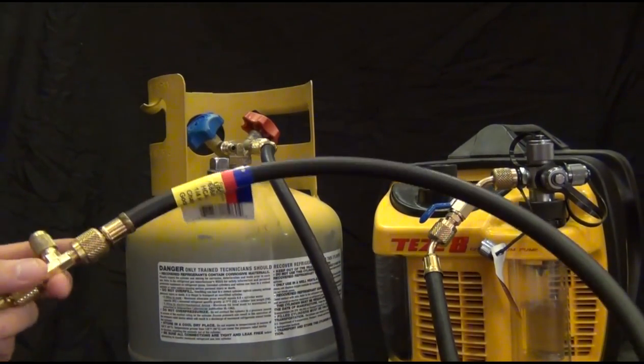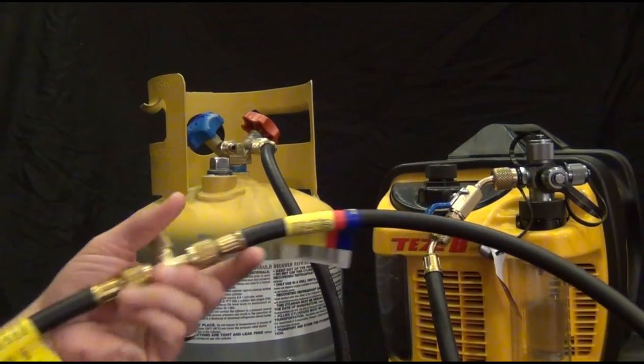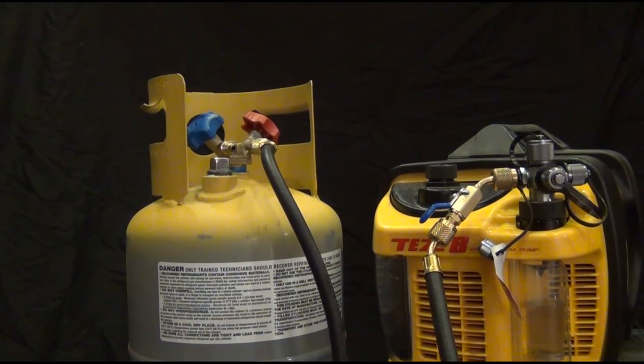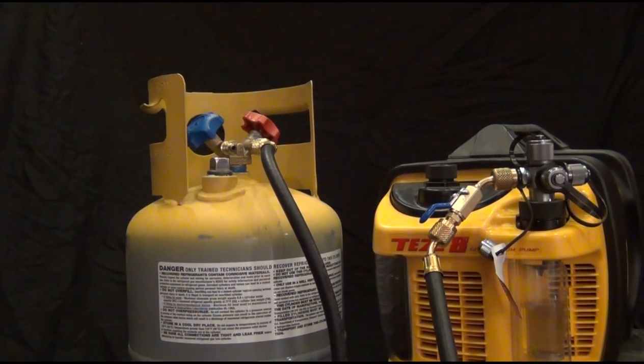I got two black vacuum rated hoses. You always want to make sure that you use vacuum rated hoses instead of just your standard red, yellow, and blue hoses while doing a vacuum. These will just help you out. They're not going to leak, and it's a little bit more efficient way to pull a vacuum. So what I'm going to do is